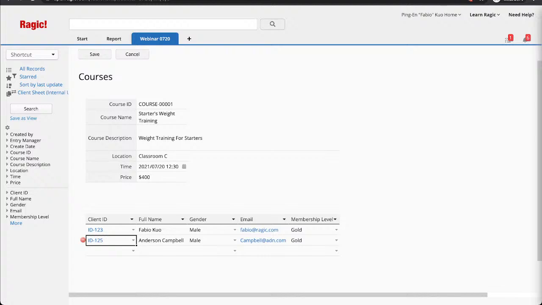So let me just try to decrypt your question. Are you referring to the fact that you have two groups of users? For example, a client is a user and an employee is another group of users.